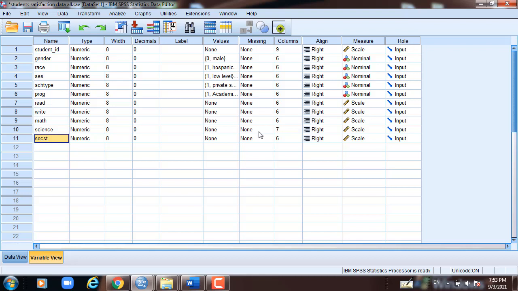Our assumption here is that the dependent variable is either interval or ratio, which is continuous and approximately normally distributed for each combination level of the two independent variables. Then the dependent variable should have homogeneity of variance across the groups formed by the different combinations of levels of the